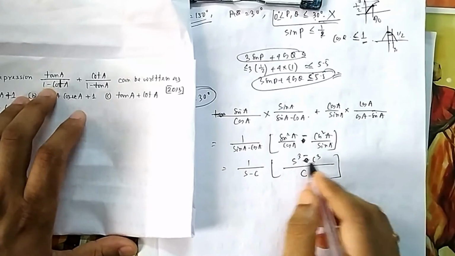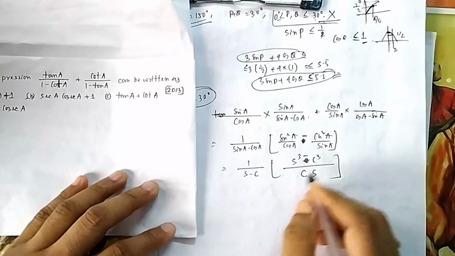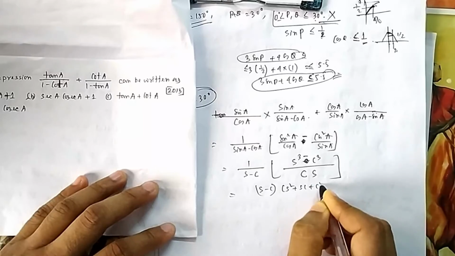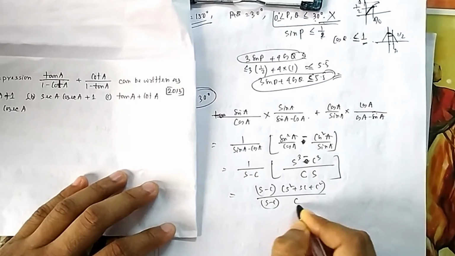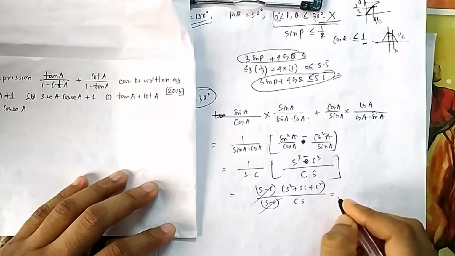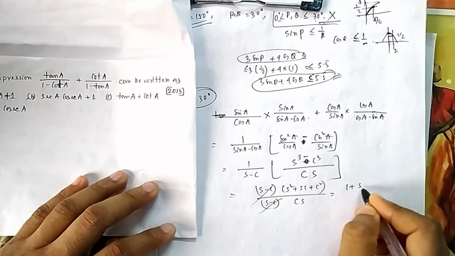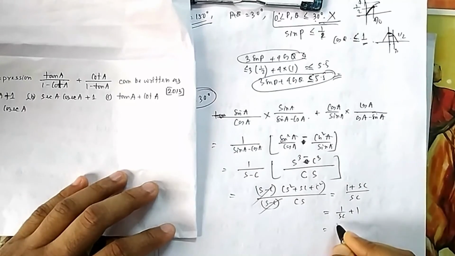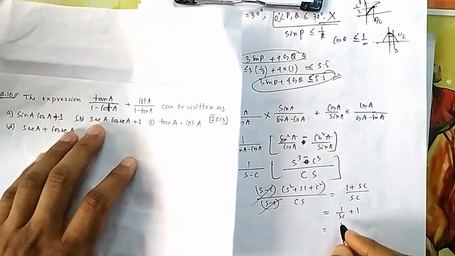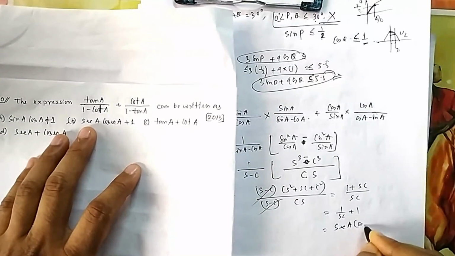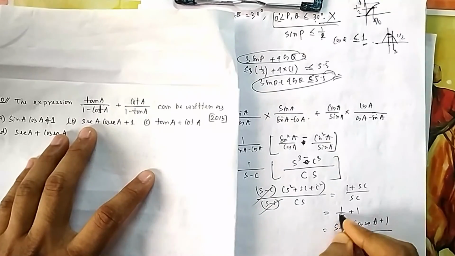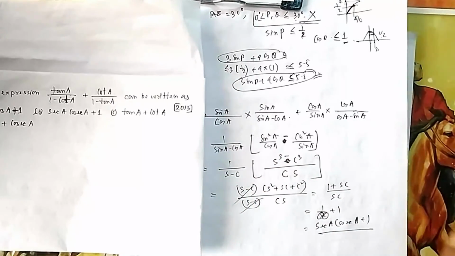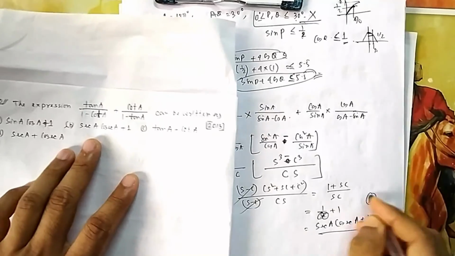So if you take now the a minus b whole cube and a plus b whole cube formula, what will be the formula? s minus c into s square plus sc plus c square divided by s minus c into cs, it is cos sin. So this gets cancelled. So sin square plus cos square is 1. So 1 plus sc by sc. So it will be 1 by sc plus 1. So 1 by sin is cosec and 1 by cos is sec. Now you see it will be sec A cosec A plus 1. s is sin, c is cos. I have written this simplified version so that every time I don't have to write sin cos sin cos. So this one is the answer. That is your option. Simple simplification was there.